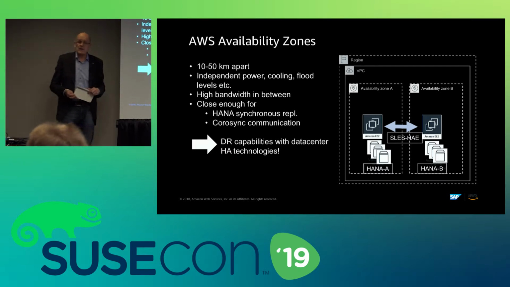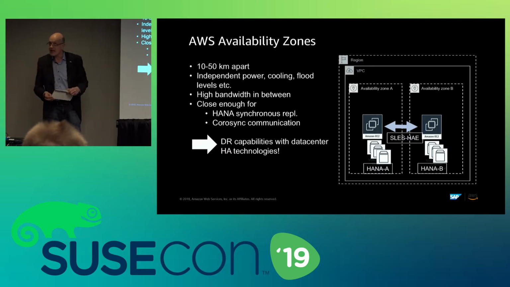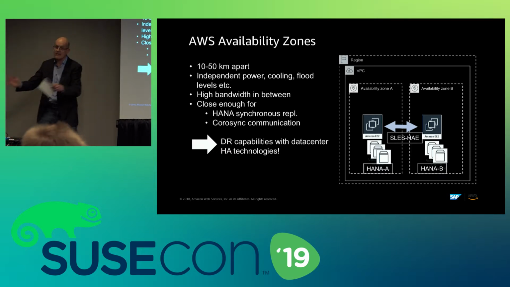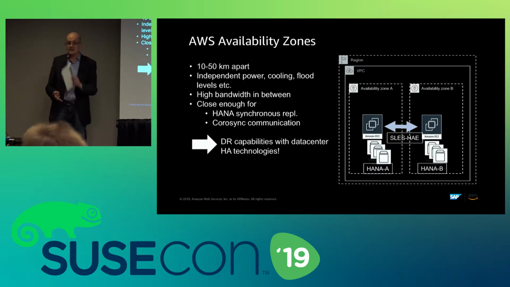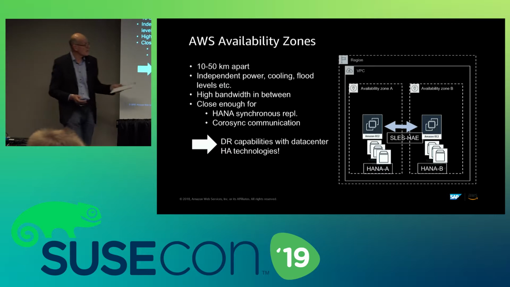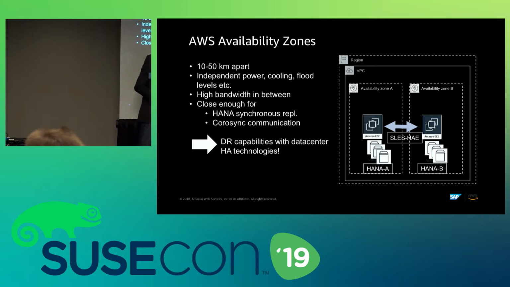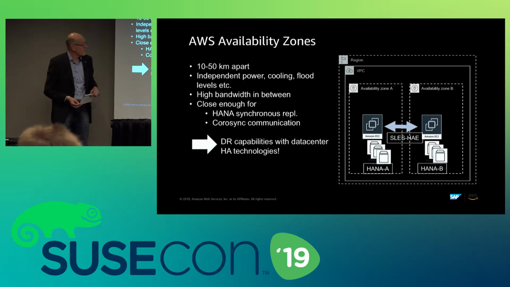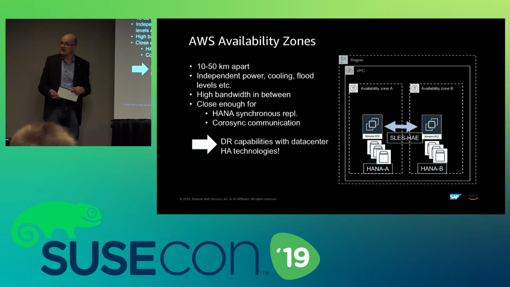Long story short, SLES HAE is designed to be an HA solution, which means it's allowing you to fail over from one rack to the other rack. Or in the worst case, you can have a firewall in between. We extended it to a kind of DR concept because we can operate these clusters over a distance of 10 to 50 kilometers, which means if this is just a kind of tactical nuclear attack, you should be able to survive with your cluster.